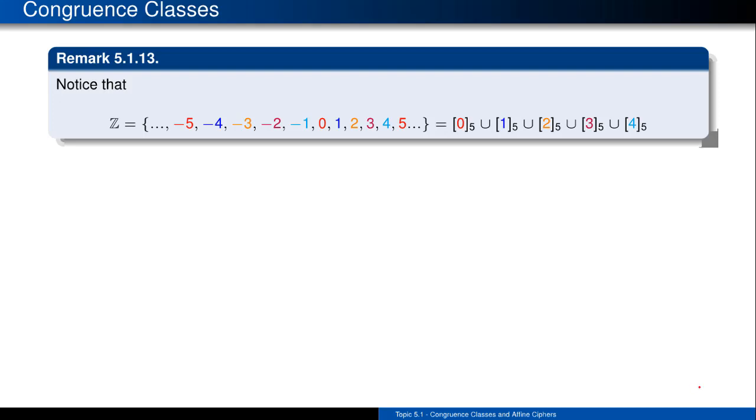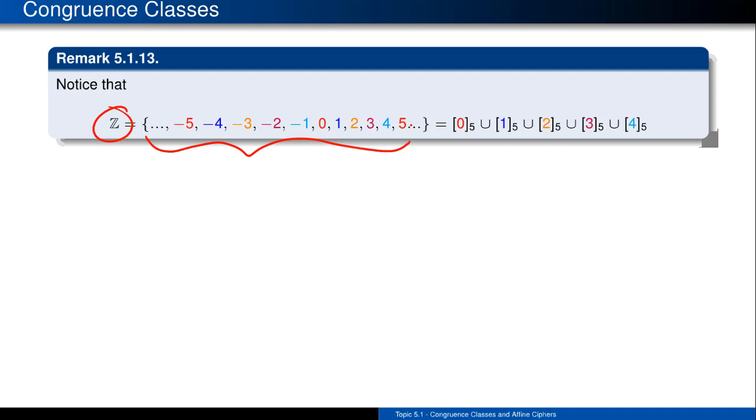All right, so one of the really nice things you might have noticed as we were working through some of those examples of this modulo 5 setting is that this idea of congruence classes seems to, in a sense, partition the integers. So what I mean by that is if you take this massive set of all of these possible integers, so in this case I have this fancy, handsome Z, and I've actually represented a good chunk of these integers, but I know that this set is going to be infinite, so at some point